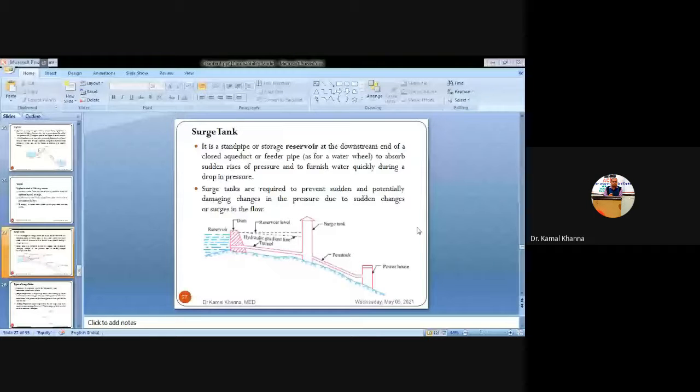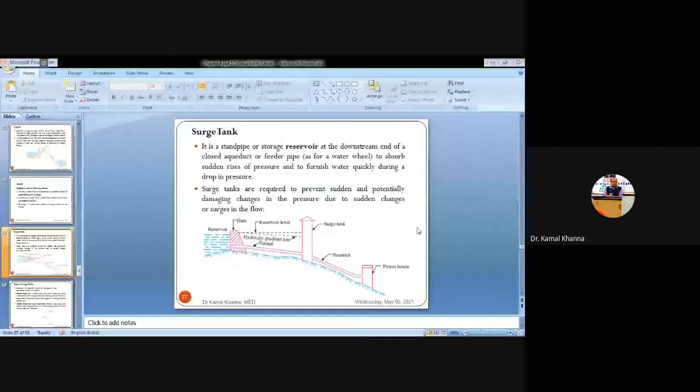It is storing the water initially like a simple tank you have in your homes at the roof of your home. You are simply storing the water, you are transporting the water from lower level to higher level. So similarly, in the case of the dam, we are transporting water initially from the reservoir through the tunnel to the surge tank. That surge tank is initially storing the water, resting the water. The water is at rest. That is, there is no pressure energy. There is only potential energy in the water.